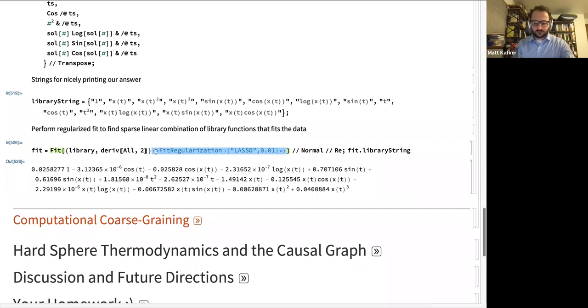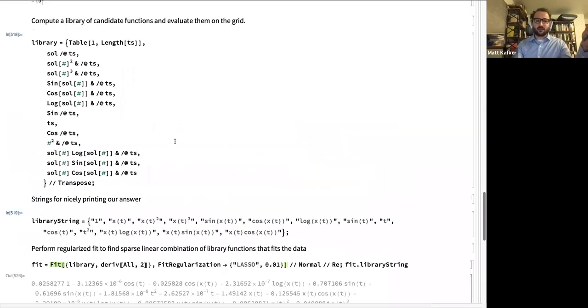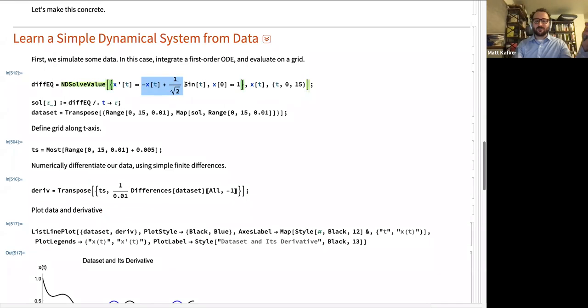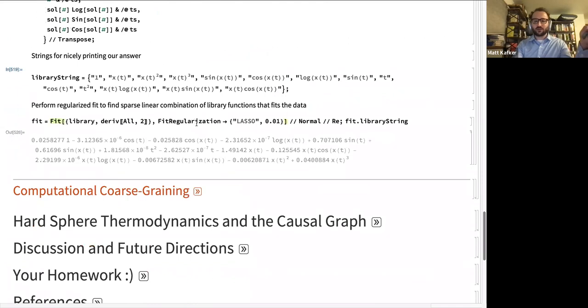So what you can do is use what's called regularization, and regularization allows you to impose additional pressure on your solution to behave in a certain way. What lasso does is it penalizes the one norm of the coefficient vector, and it would probably take us too far afield to think about why it accomplishes the goal that it accomplishes. But the goal is it tries to push your solution vector to be sparse, which is what we were talking about. Because again, we want our computer to spit out minus x of t plus 1 over square root of 2 sine t. And if we run the regression with this regularization,